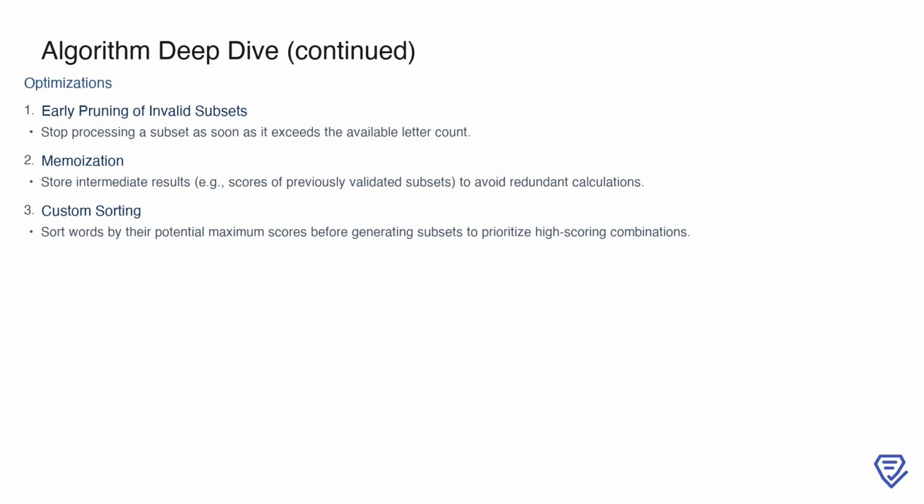First, we can implement early pruning, which stops processing a subset as soon as it exceeds the available letter count. This prevents unnecessary calculations for subsets that are guaranteed to be invalid. Second, memoization can be used to store the scores of previously validated subsets, avoiding redundant computations when the same subset or a similar configuration is encountered. Finally, we can sort the words based on their potential maximum scores before generating subsets. By prioritizing high-scoring words, we increase the likelihood of finding optimal solutions earlier in the process, which can save computational